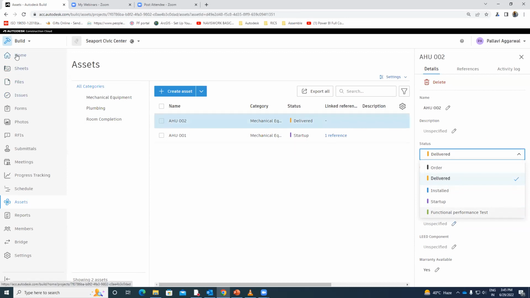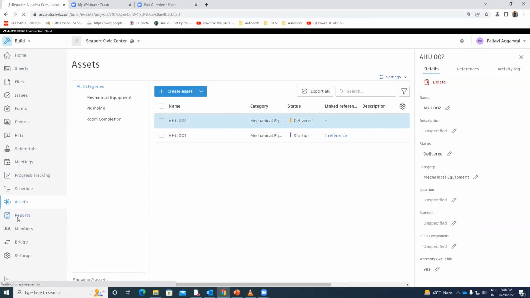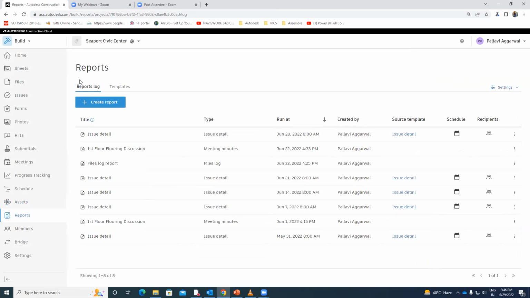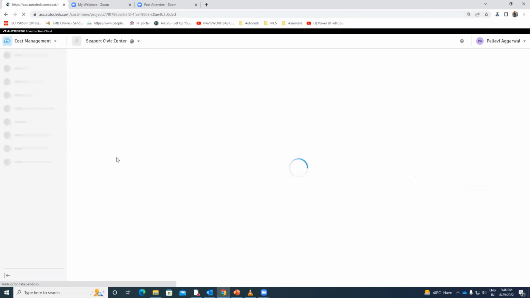And all this information, the extensive list of information that we have in the build, can be extracted in the form of reports and more levels of settings can be done. So this is a very high level overview of how we are adding information on our build platform. And in the next session of this webinar series, we will talk about cost management, how we are managing our cost within the platform, and then we will go into a basic deep dive of the platform interface as well. So I think now we can take up the questions.